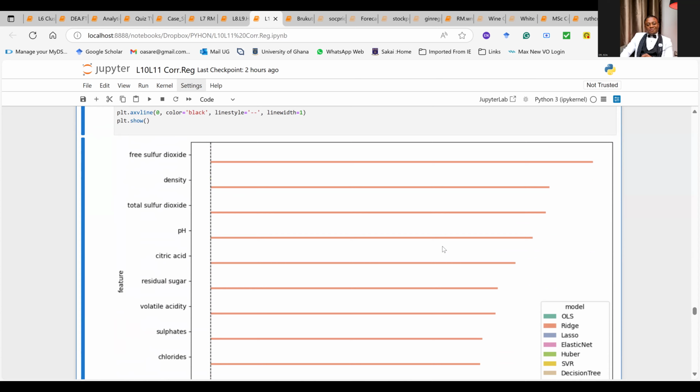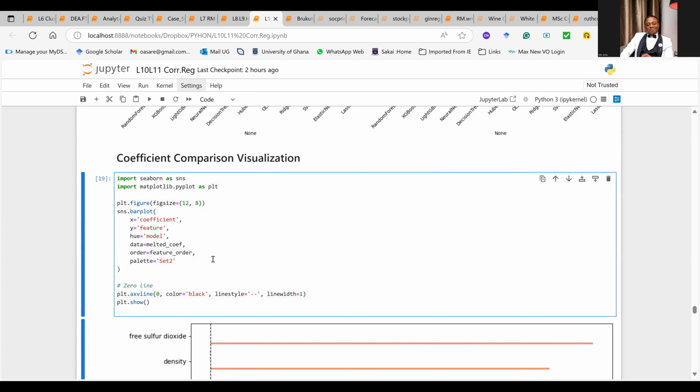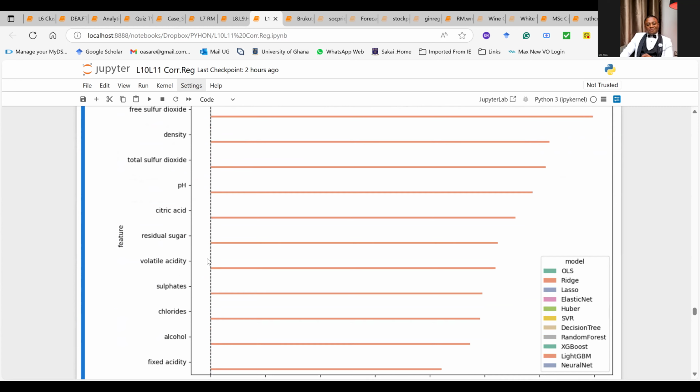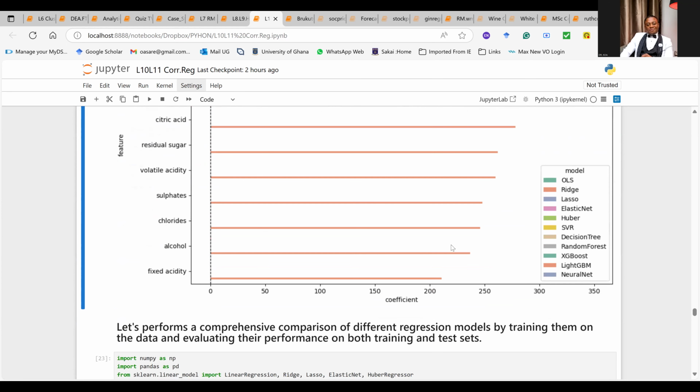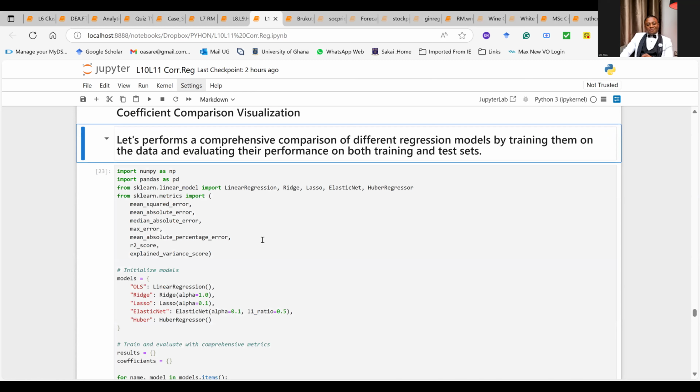It was residual sugar, isn't it? And what? Which one did we have? And density. Residual sugar and density. It has swapped here a little bit. Well, I don't think that this code is a better way to show it. The good thing is that it will show the rest, but because random forest is leading, I'll just delete it. So if you get that code, just delete it. It's not too important.